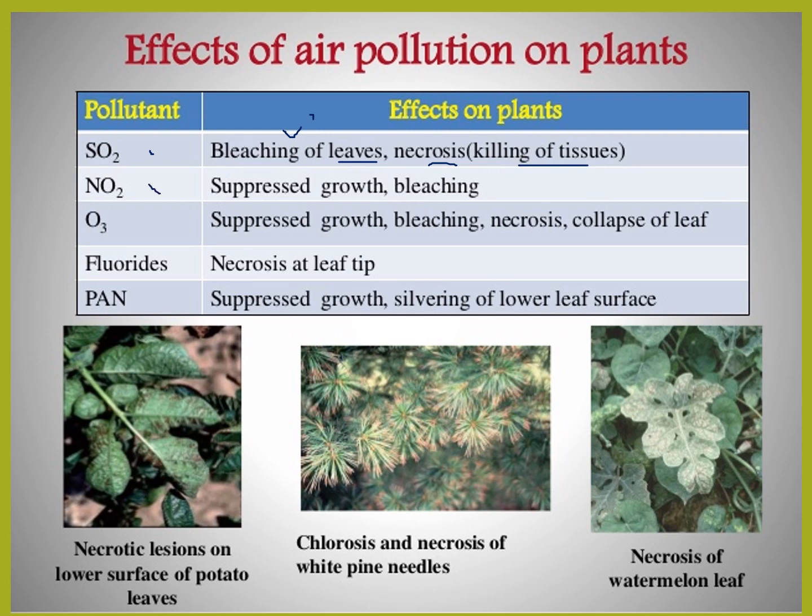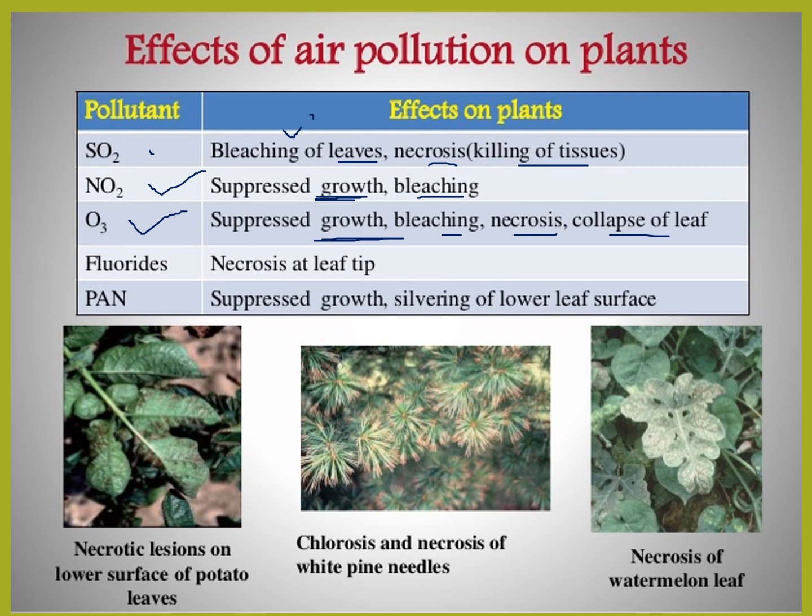If an excessive proportion of NO2 is present, it suppresses growth, so growth may not take place properly, and bleaching occurs, that is, the color is not found proper. Then ozone: if excessive ozone is present, it will again affect the growth of plants. Bleaching effect, necrosis means killing of tissues, and collapse of the leaf, so the whole leaf may collapse due to